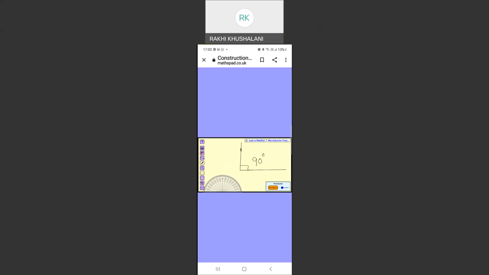Then what doubt you all had is measuring an angle. And what is a straight angle? Somebody asked me. When I merge two 90-degree angles, ये दोनों angles को मिला के हम लोग straight angle बोलते हैं. क्या बोलते हैं? Straight angle बोलते हैं, which is 90 plus 90 is equal to 180.